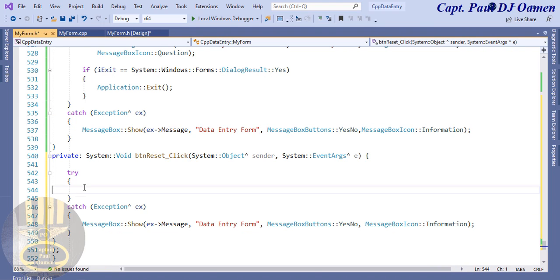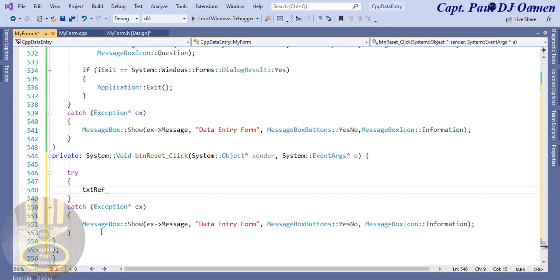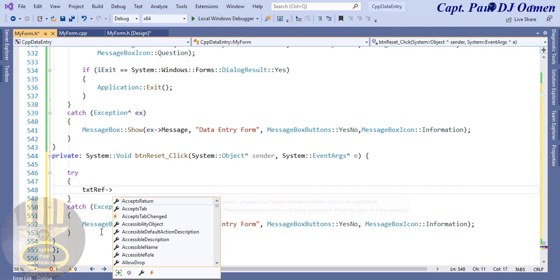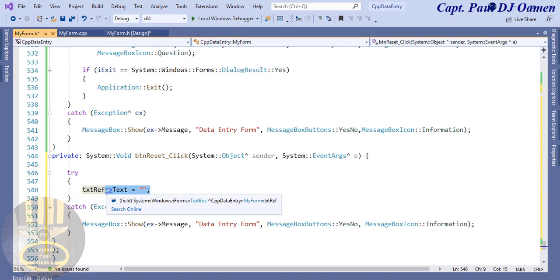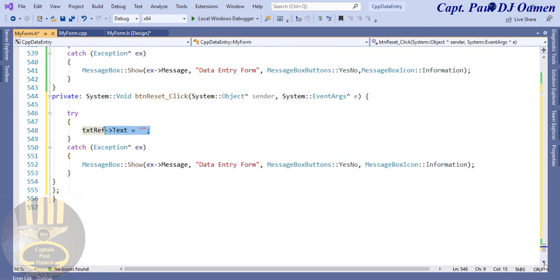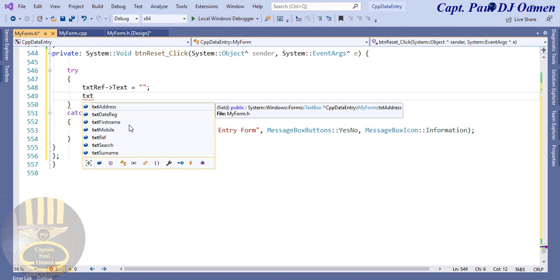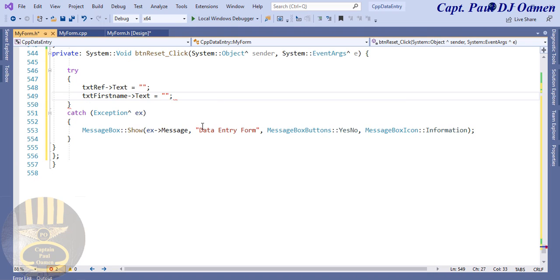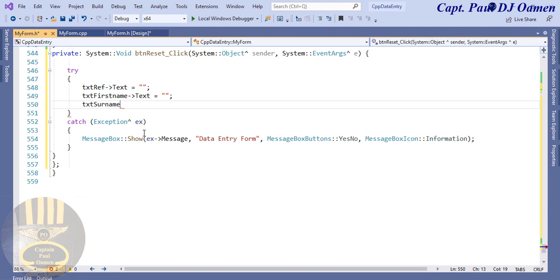And right in here, I'm going to enter as follows: txt reference number dash text, and that will be equals to nothing. So I'm going to repeat the same thing. Let's copy this to speed up the development. So the next one is going to be txt first name, paste that, txt surname, paste,